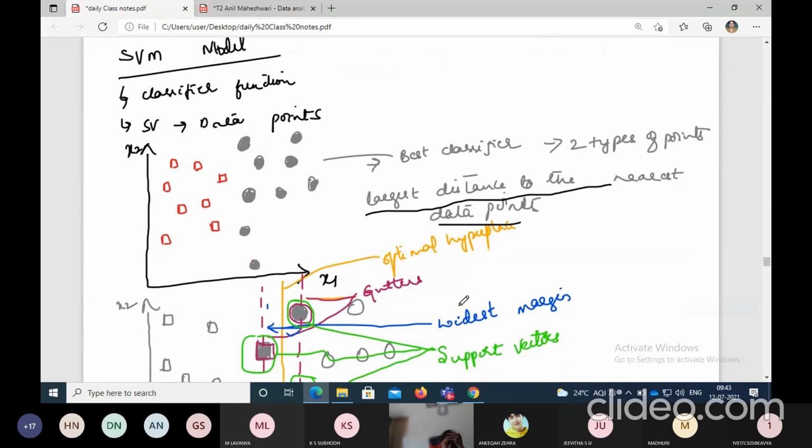So note it down. We work with the points which are nearest to the classifying boundary only, not the other ones. See, other points are not considered. So this is one point. Okay, these two are being considered. All these are not considered, and all these are also not considered. Okay, so you can make an observation and note it down: we consider only the points nearest to the classifying boundary.